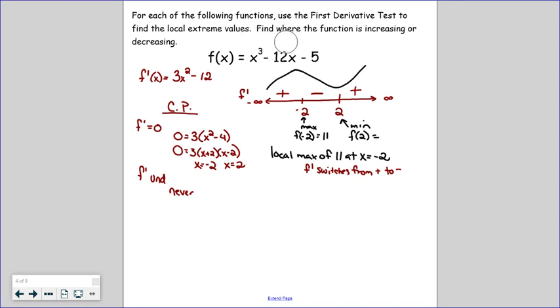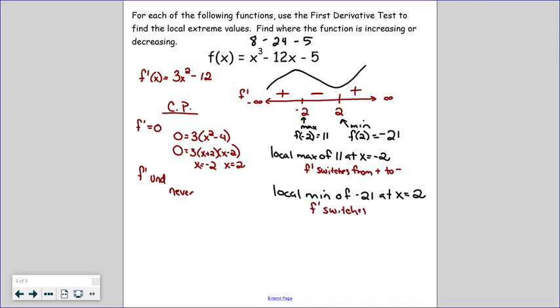If I plug 2 into our function, we'd get 8 minus 24 minus 5, which is -21. And again, I know that's going to be local for all the reasons we've already discussed. Min of -21 at x equals 2. Calculus justification: f prime